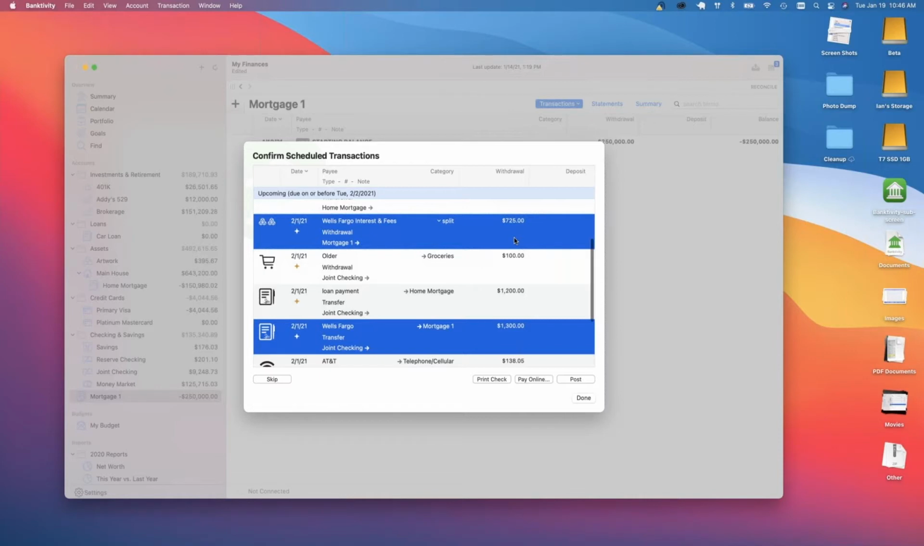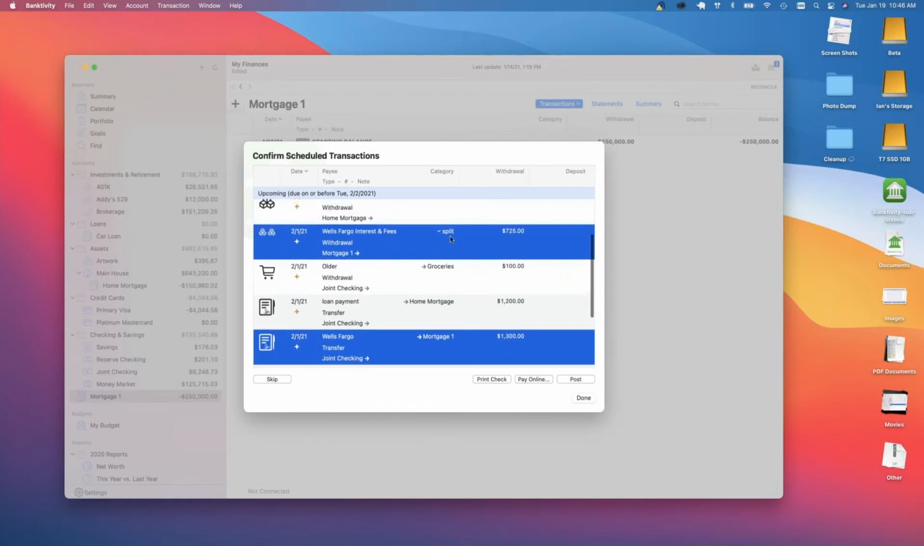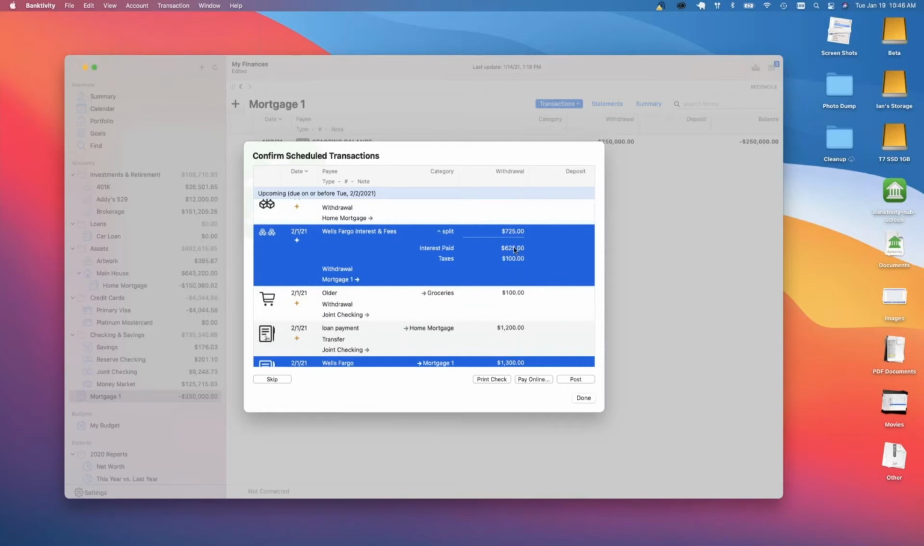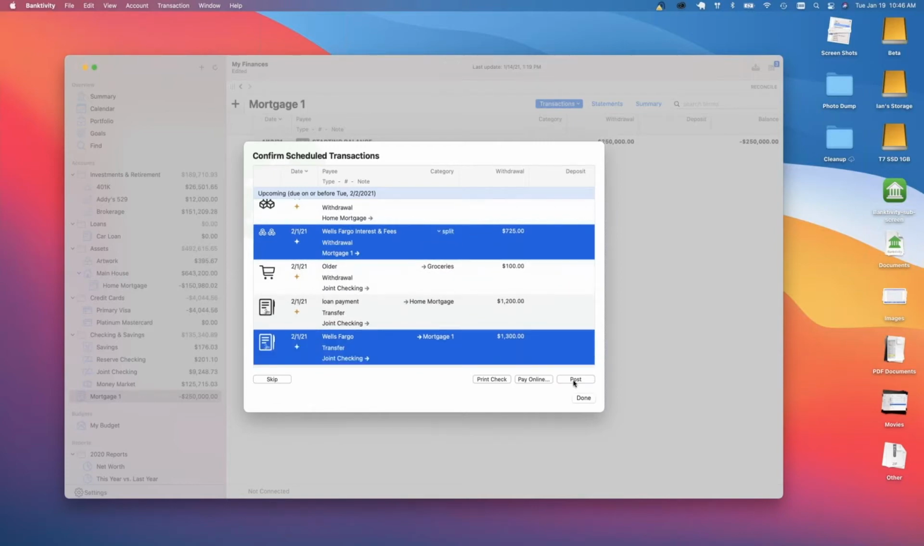And so what the app does behind the scenes is it creates another transaction that's going to post to the mortgage account. You can see that right here. And this is a split, and some of it is for the interest and some of it is for the taxes. So when you post both of these, which I'm just going to do now so you can see,